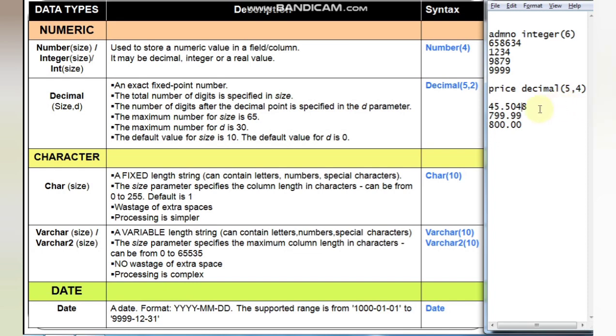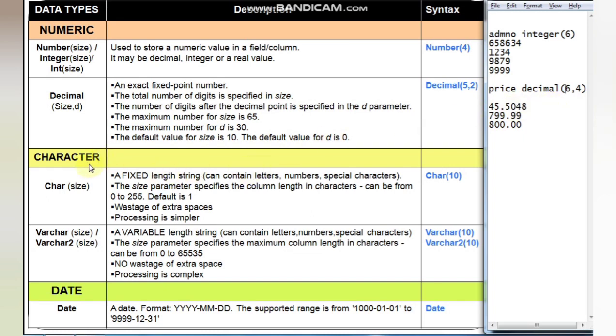But if you write 45.5048, there are now 6 digits in total, so you have to increase the size also. Now this one is correct if we write 6, 4. 6 means the total number of digits before and after the decimal point, and 4 is the number of digits after the decimal point.